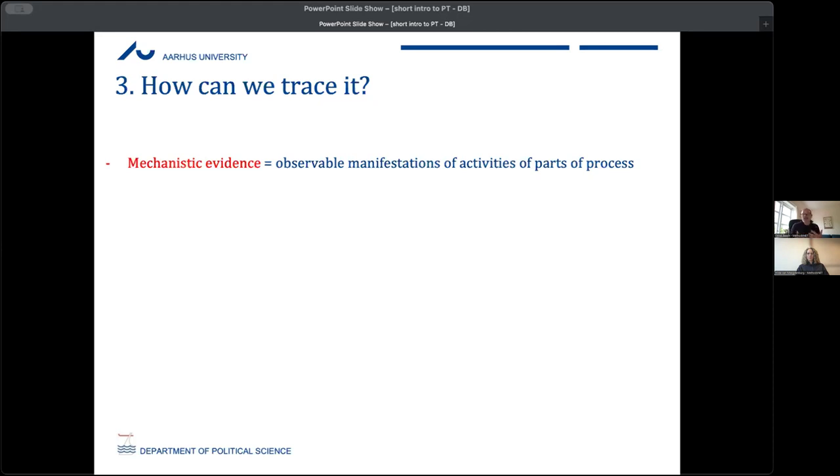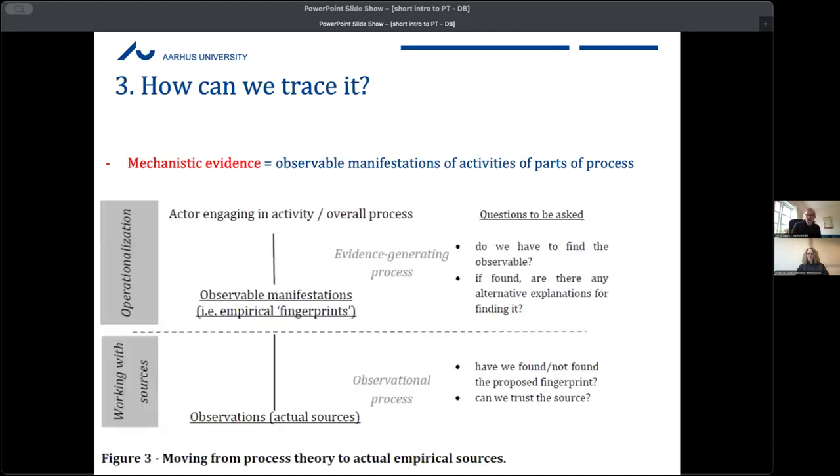what could be called mechanistic evidence, which is something different than difference-making evidence, what we get out of an experiment. Mechanistic evidence are basically the observables left by parts of a process, or in particular, the activities. This is a figure that I've developed, and the idea is basically how do we get from our theory, actor engaging in some activity, and evaluate what actual sources tell us, or what is it evidence of,